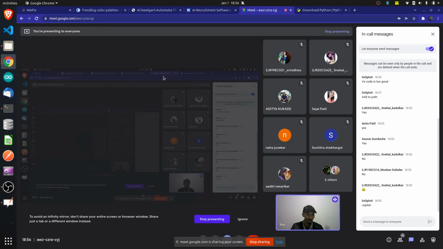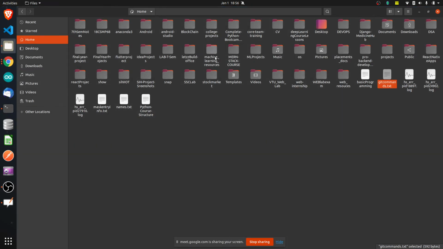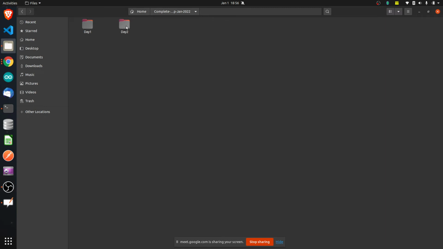It's not Photoshop or a designing tool where you have to learn what each tool is used for and all those kinds of things. Nothing like that. So what we'll do is go inside this folder, which is the Python bootcamp, and I am inside day 2. You all can do this too. I suggest you create day 1, day 2 folders and store all your programs and assignments in separate folders, so that afterwards you can go and check what you did.